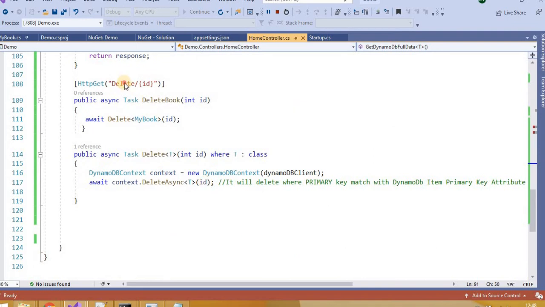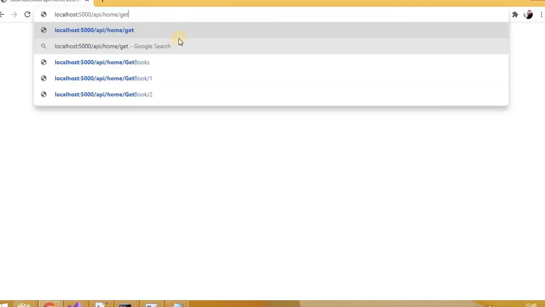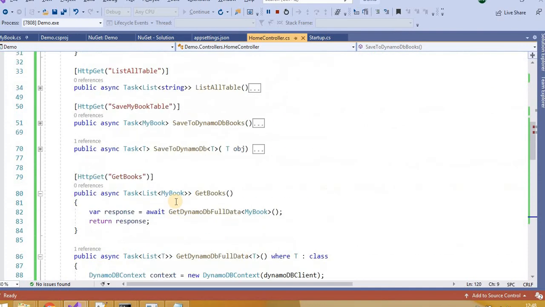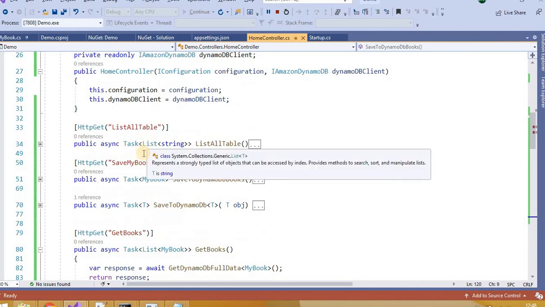And let's see how delete will work. We will try to delete a particular object. Let's say delete where ID is 1. See, it has deleted here. Now get all books. Let's see if it's coming there or not. See, now we are getting only one record. It means that particular record got deleted. DynamoDB might be a little bit confusing at this time, because other services like SNS, S3, SQS are very straightforward, but in the case of DynamoDB it's really a little bit confusing.